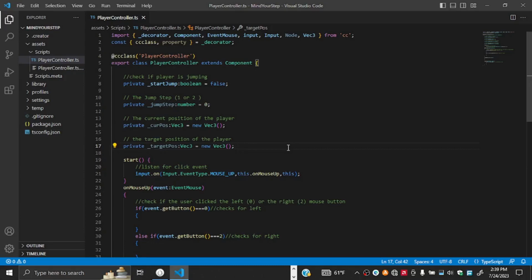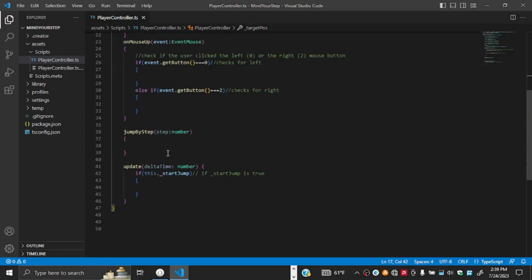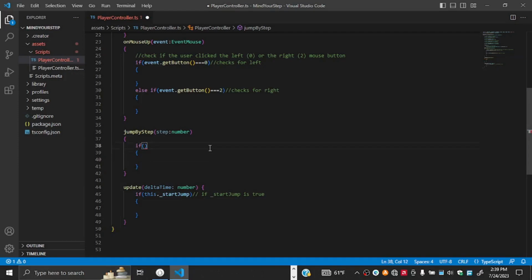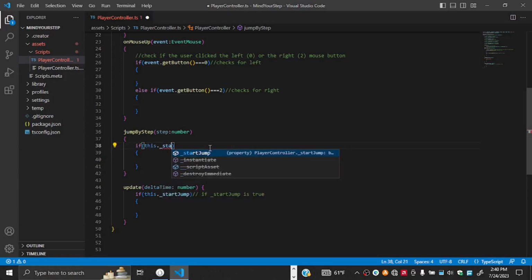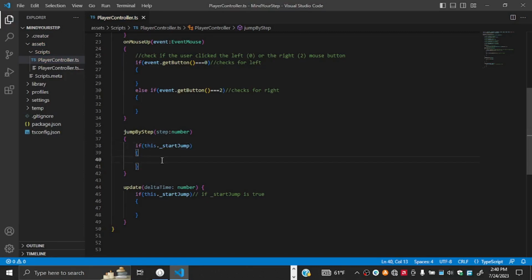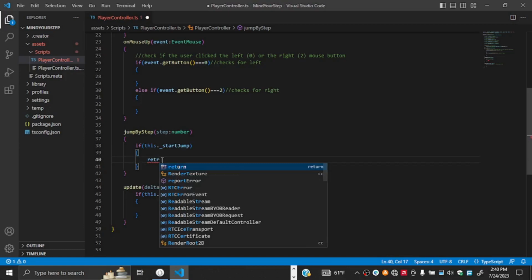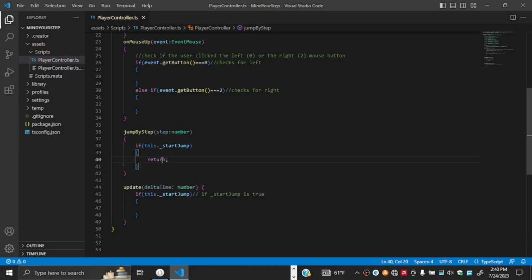Now, going forward, where's our jump function? We can go ahead into the jump function and then set up some simple logic. Okay, so firstly, check if this dot start jump is true, then we return. In this case, if start jump is true, we return, meaning we go out of